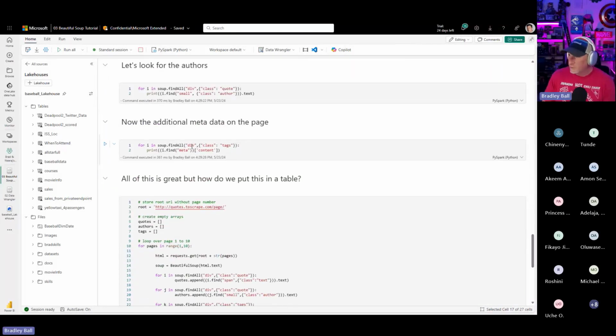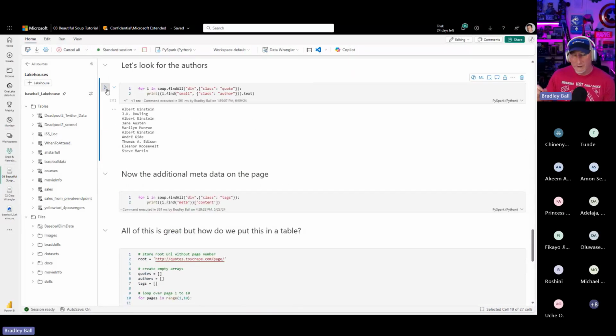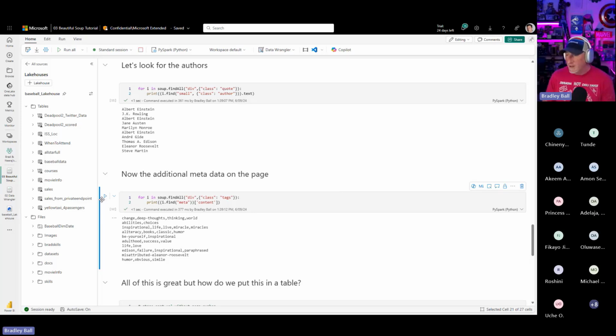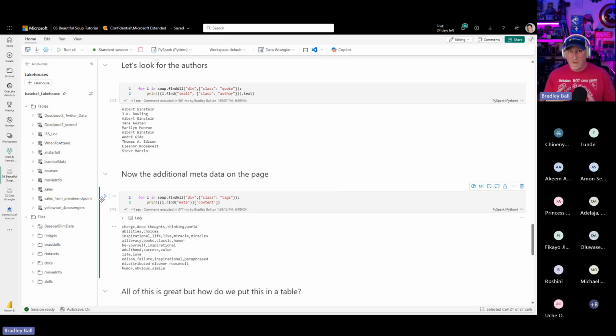So looking at this, we can use this same code, but a little bit different, to get a list of authors. And then we can also do that for the metadata on the page. Now, if we're going to put all of this in a table, we need these values to line up, because we're going to use a single dimensional array to store these values and then write that to a table row. And so if we have any blanks, things wouldn't line up exactly the same. So it gets a little more complicated if we don't have values that we need in every single array value.